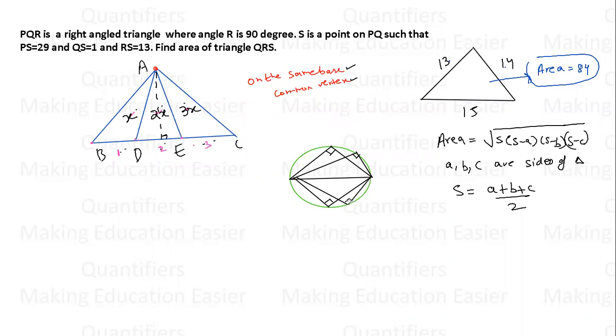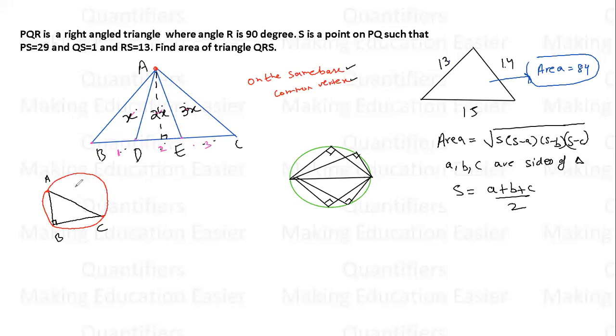So you should know these things. Now see why I'm telling you this. If I talk about a right angle triangle, I'm just taking a specific right angle triangle. I hope all of you know what a circumcircle is. What does circumcircle mean? A circle which will touch all the vertices. So this is the circumcircle. It will touch all the vertices.